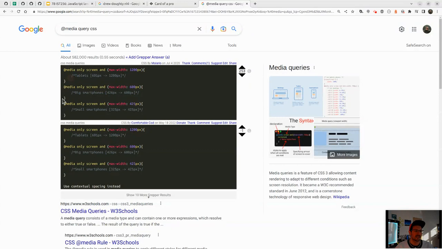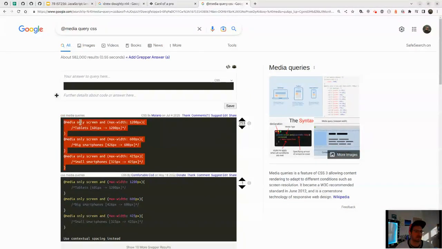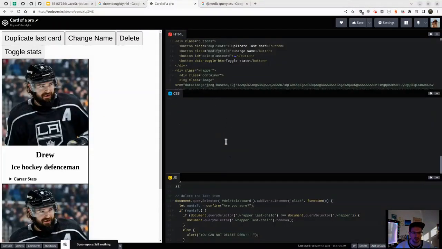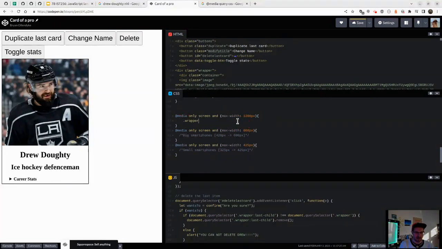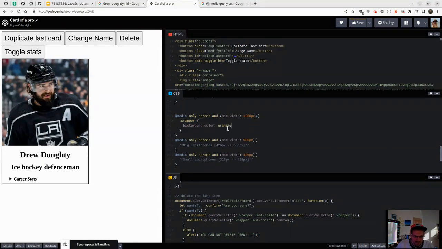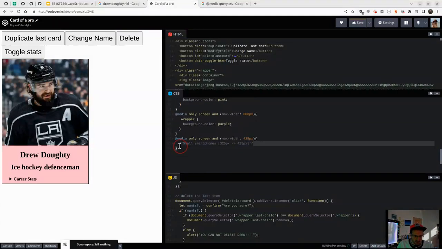So let's say big smartphone. And this is a nice little guide here, actually. This is not totally true, but we'll just copy all three. So I'll put these at the bottom. We're going to say dot wrapper background color orange. Actually, let's go pink because that's what my hat is, and then dot wrapper background color is purple because they have been purple in the past,